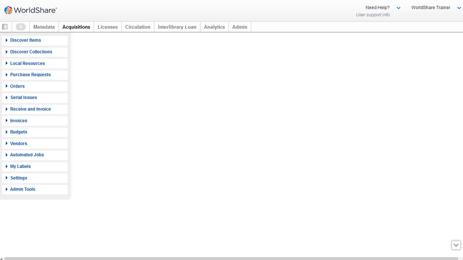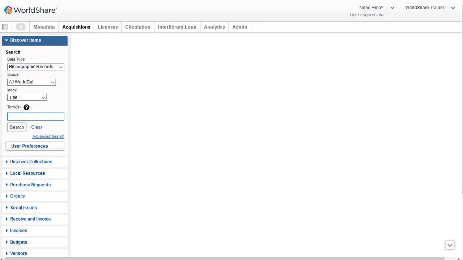After logging into WMS, I've selected Acquisitions. Then I'll click on Discover Items. And since I'll first need to search for a record in WorldCat for the purchase request title, I'm going to click on the drop-down box for the indexes, and then I'll select the ISBN index. And I'll enter the ISBN in the search box, and I can either click on search or just hit enter